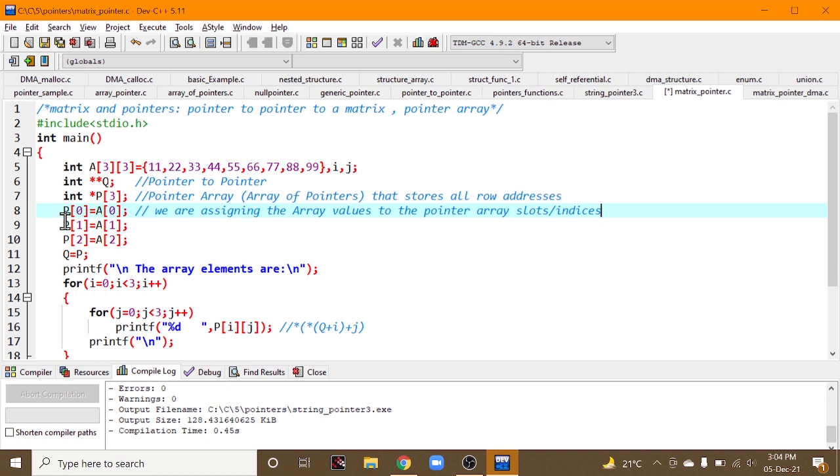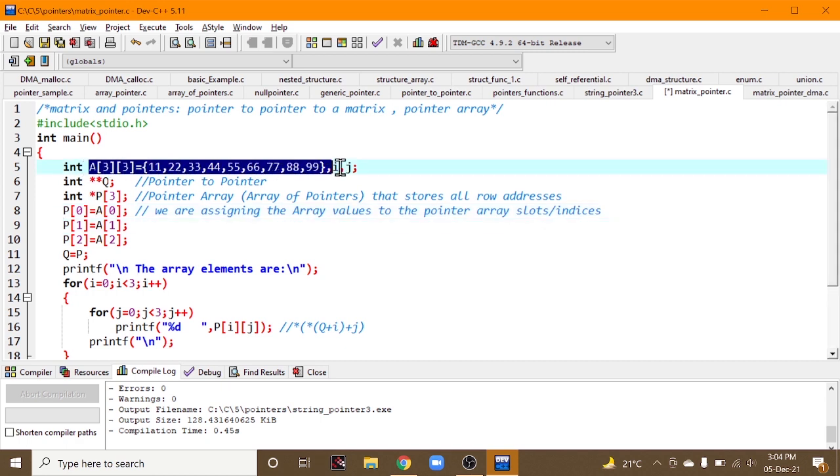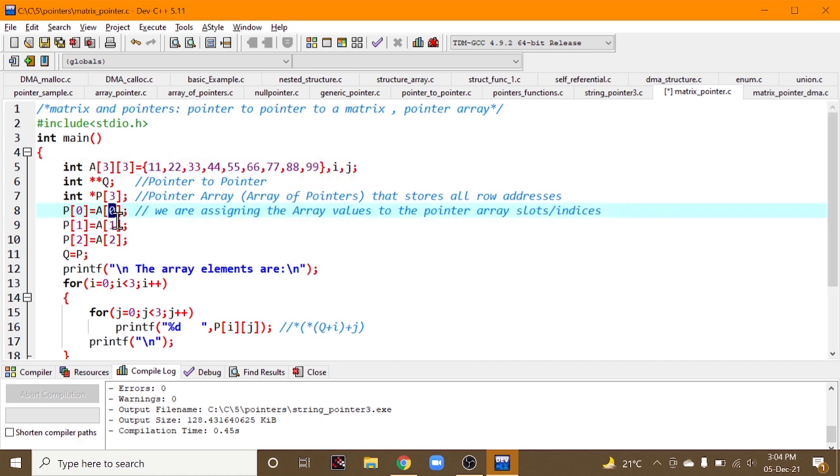Inside those indexes, like we have created this array, right? A of 0, what is A of 0? It is stored inside this P of 0, and A of 1 is stored in P of 1, A of 2 stored in P of 2. Now after that we are assigning the pointer P to Q.